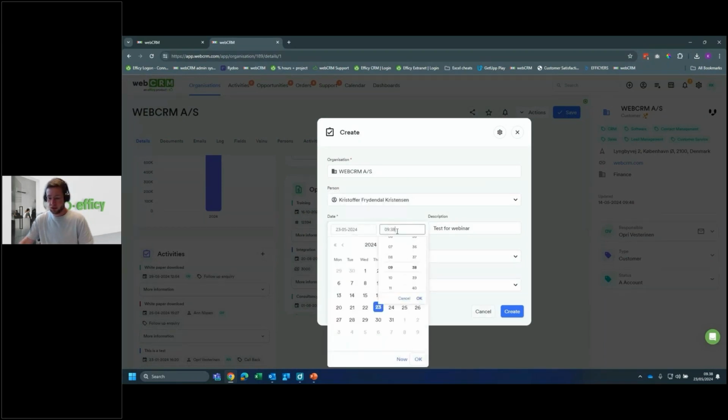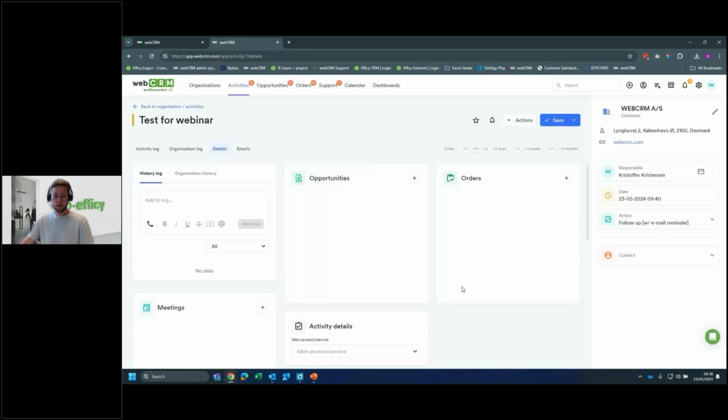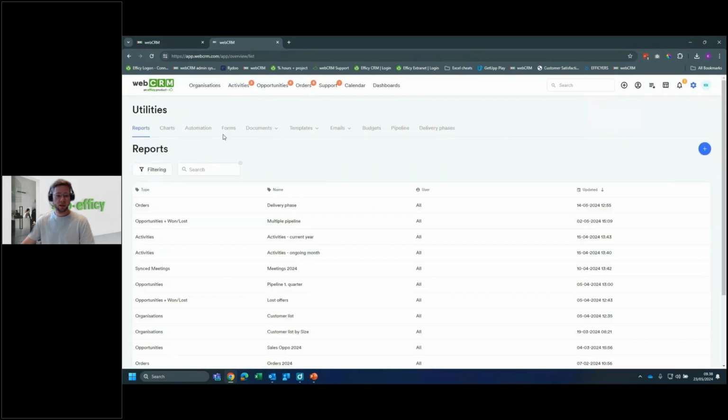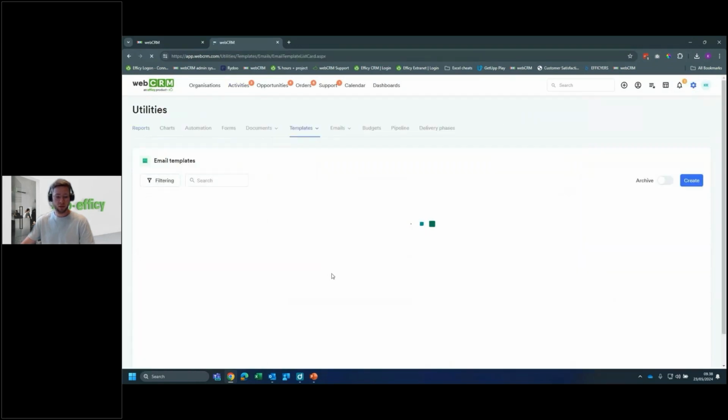I'm just gonna push it forward to 9:40. So now I have this activity, and when this time is reached, it will send me an email with a reminder that I need to do something with it. And what is really smart about this one is that in this email that I'm sending with the reminder,